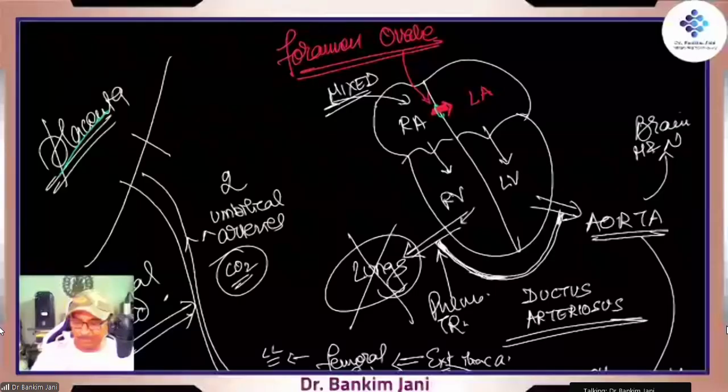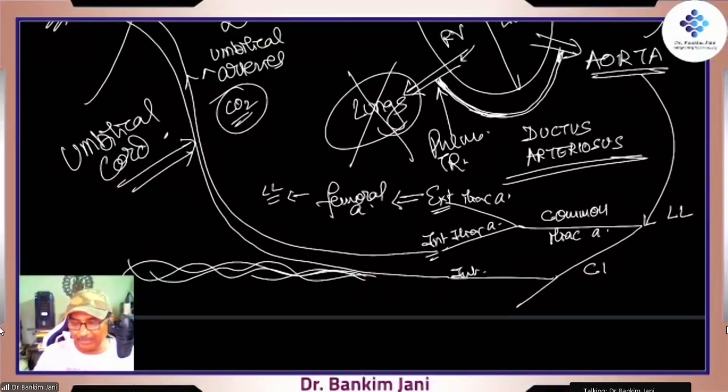Okay, so from the left atrium, it goes to the left ventricle, to the aorta, and into circulation. But why waste any blood? So even that small amount of blood which has